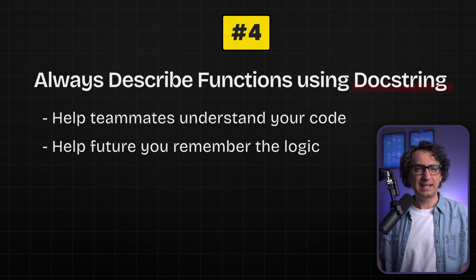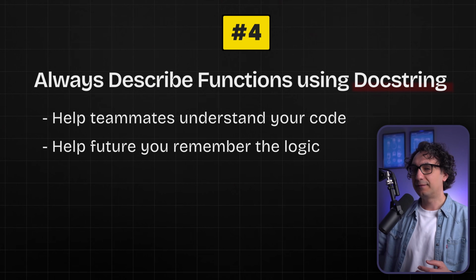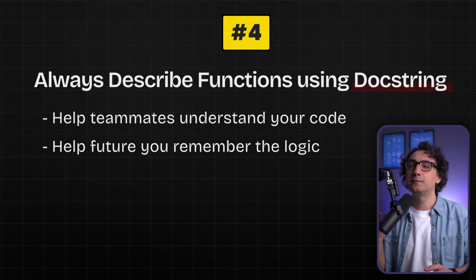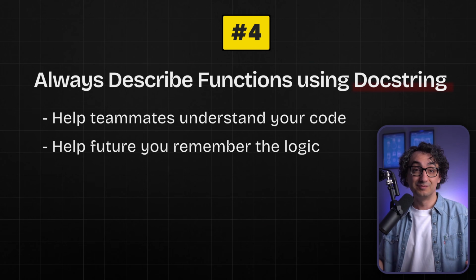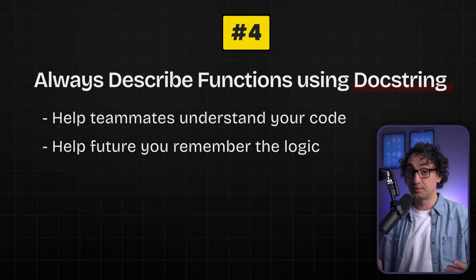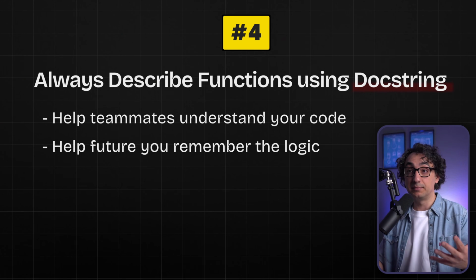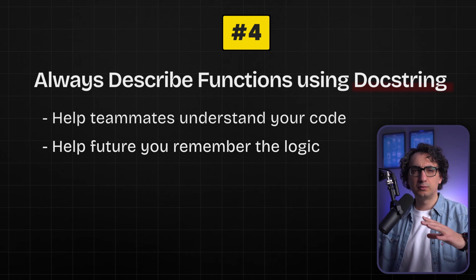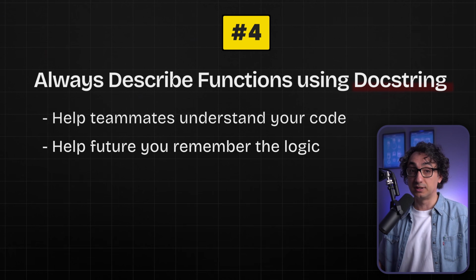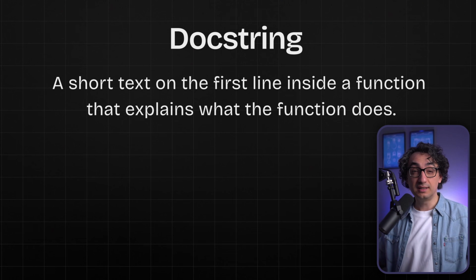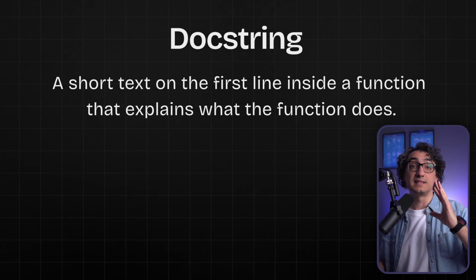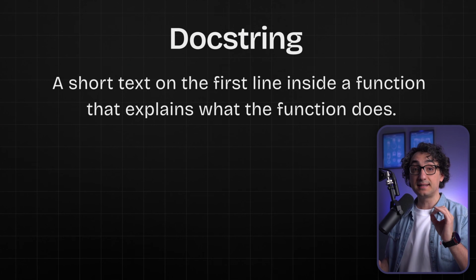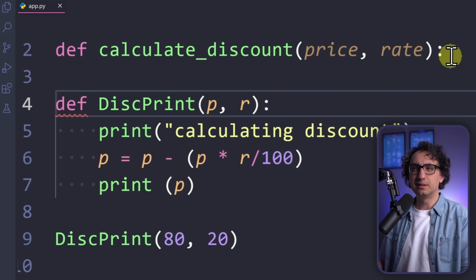And not only for them, actually for you as well. Because believe me, after a week of writing your function, you're gonna forget what you have written. So by having a nice clean description, it is good for you to remember what you have done in case you want to refactor or maybe fix your function later. So now I said we use a docstring. So what is that? It is a string that is placed at the first line inside the function. This sounds a little bit weird. Let me show you what I mean.